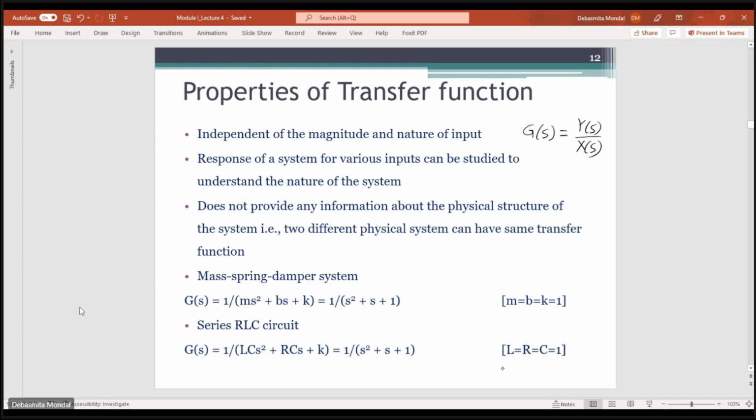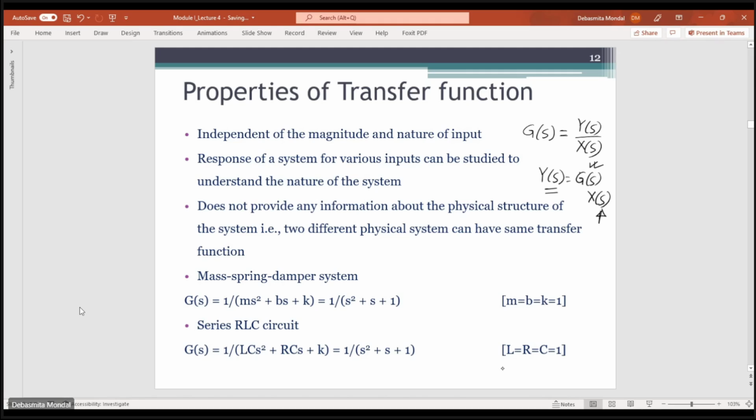So what is the beauty of the transfer function, and why do we need to know it? Because if G(s) is known to you, you can write Y(s) equals G(s) into X(s). If you know the input and the transfer function of the system, then you can easily find out